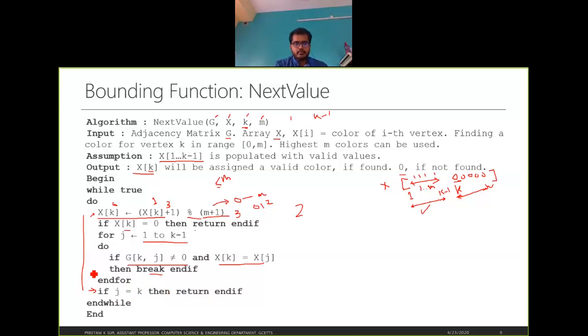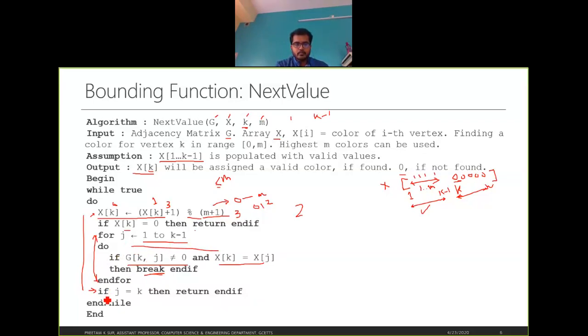So what are we doing here? From this for loop, we can get out in two ways. One is via this break, when it finds that an adjacent vertex has the same color. The other way is that it is not breaking, so it iterates over all the nodes from 1 to k minus 1.